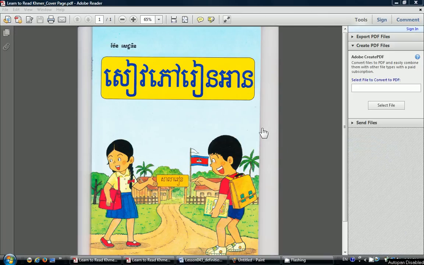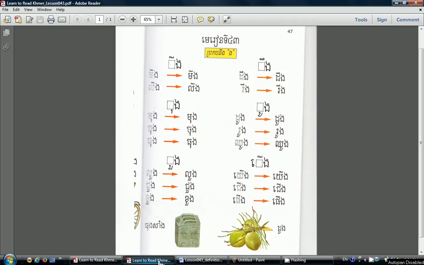Welcome to Cambodian School. Today we're learning lesson 43 from Sipo Rian An textbook by Pan Sataran. Lesson 43 in Khmer we say Mê Rian Tí Sai Sập Bay. It's on page 47. In this lesson we are learning to read another set of words that end with consonant